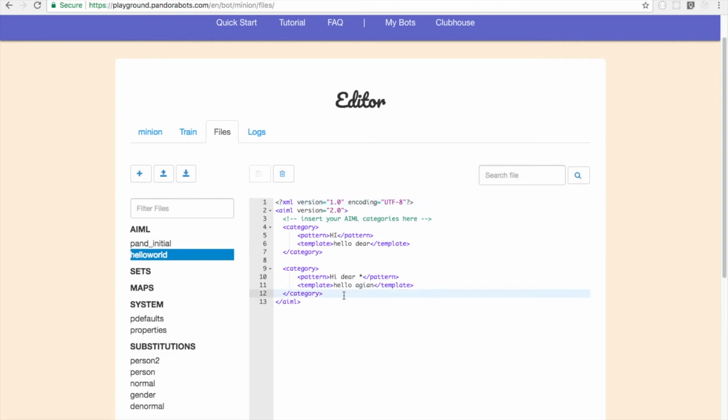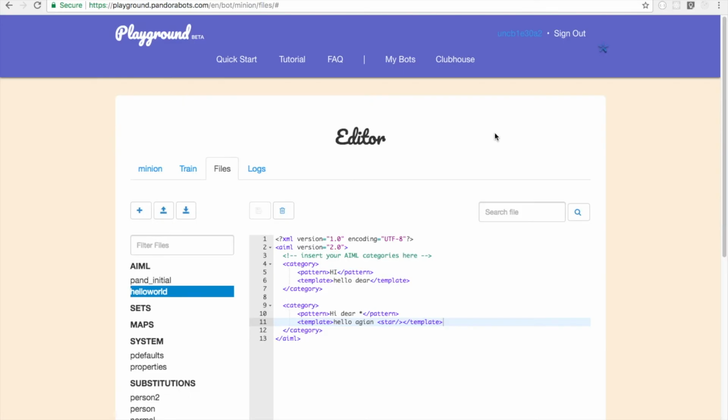That's nice. Now say you want to take whatever is coming over here and print the exact same thing. How do we do that? We could do it something like this: star slash. Whatever the user types after dear will be printed, echoed back. So let's do a train. Yes, you have to run it first.